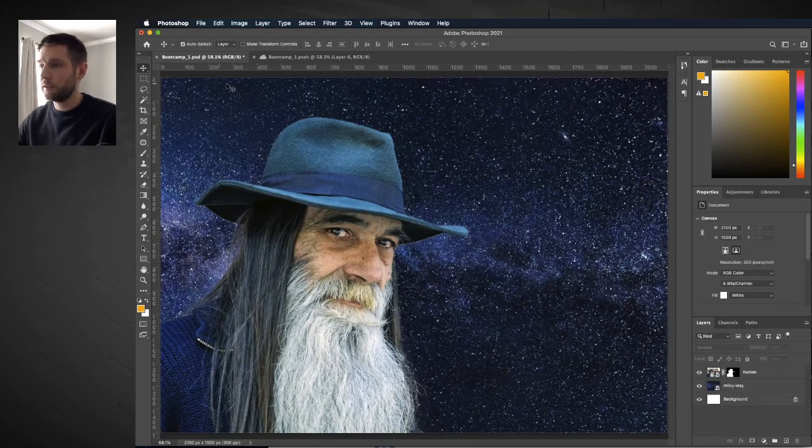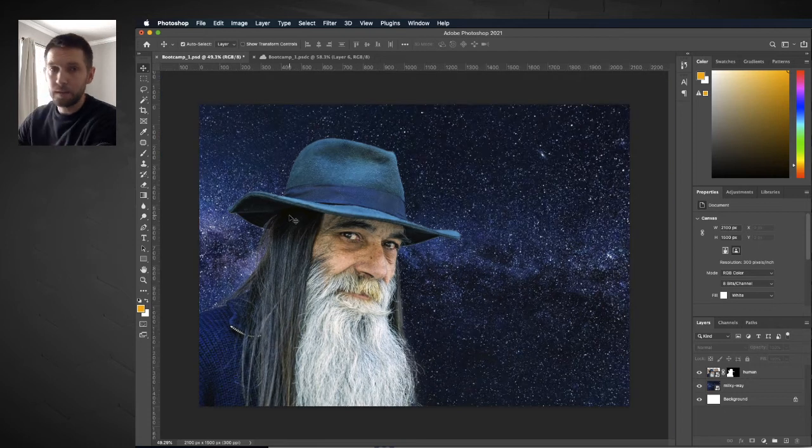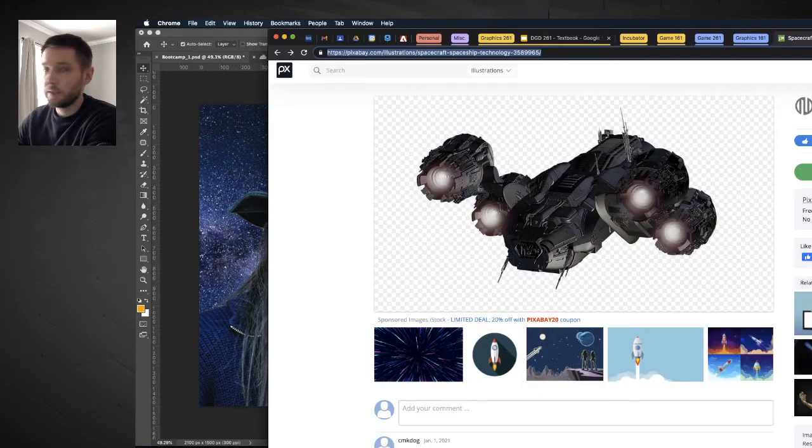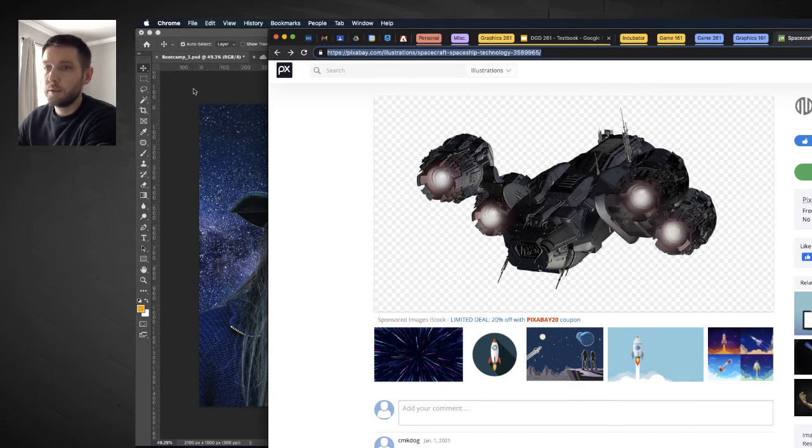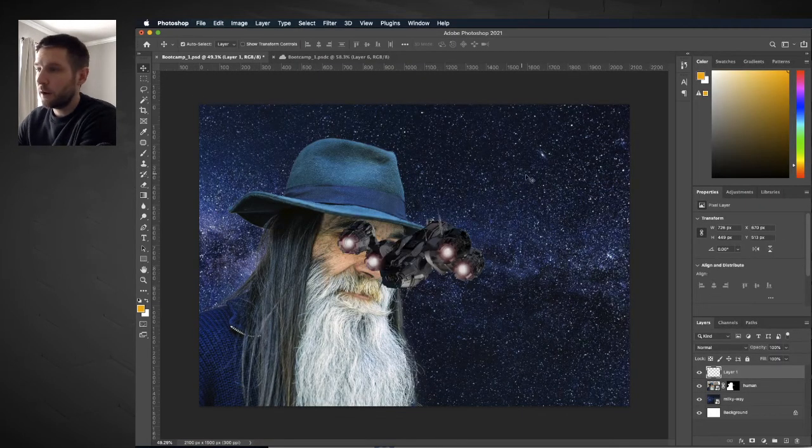So I'm going to make this a little bit larger. I may zoom in and zoom out. To begin with, what we're going to need is an image from Pixabay. It's linked on the class website, and it's this little spacecraft. So we're just going to go ahead and copy that image, and we will paste it into our document right